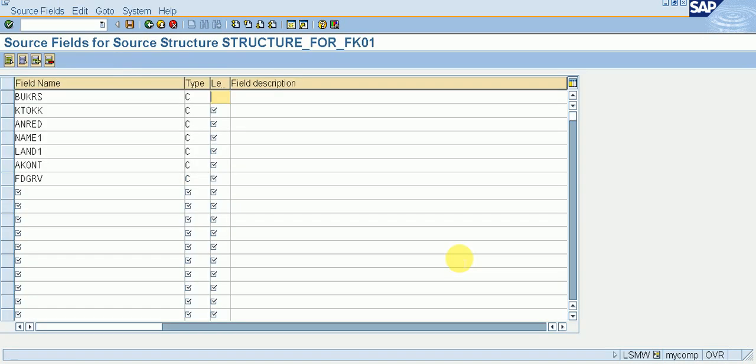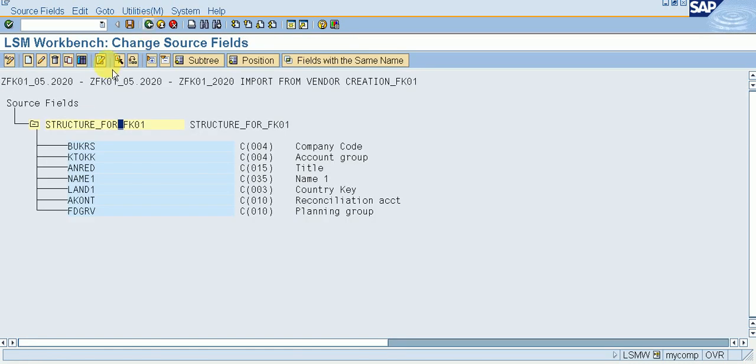Okay, so our length is, you can see our length, copy here and paste it. So after that we click on enter and we can see our details will come in field description, and then save it. Go back, click on save. Okay, so we can see our data is saved. Go back.